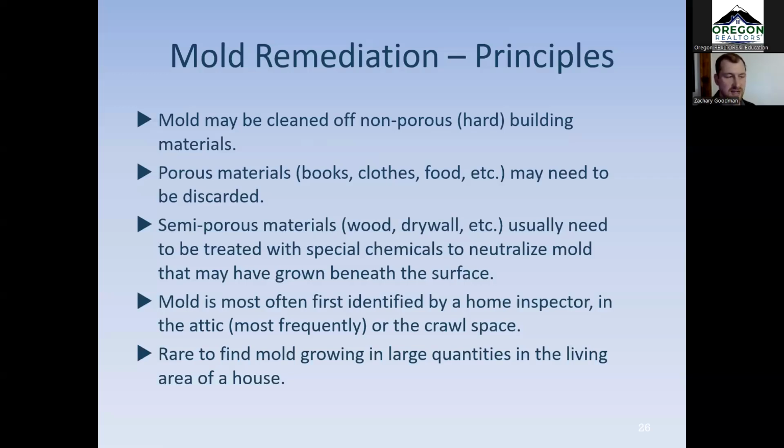Now, there have been times where we have found mold that a home inspector has missed, but those are not overly common situations. It's pretty rare to find mold growing in large quantities in a living space of a house. In those cases, there is generally a water mitigation issue present: a plumbing leak, external foundation leak, gutter issue, roof issue. If somebody is living there and they remove it and it comes back, that's probably a good time to call us, because we can do more investigation to see what the moisture source is.